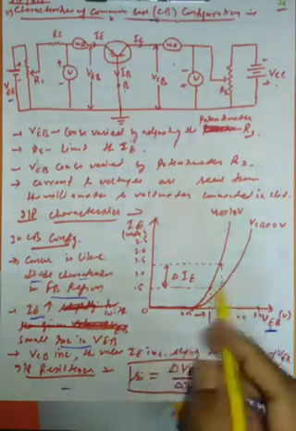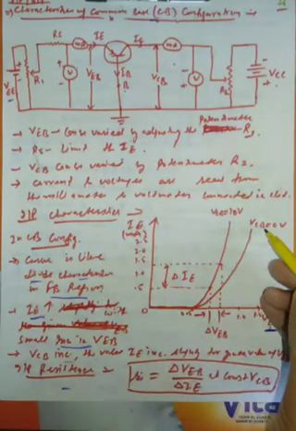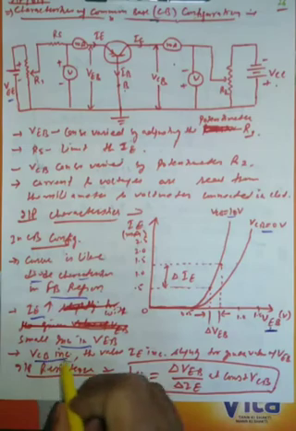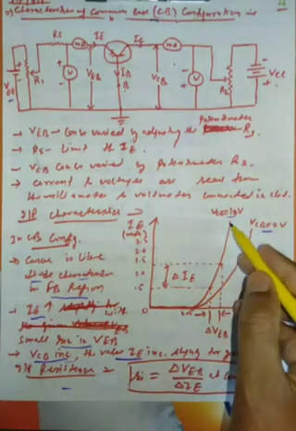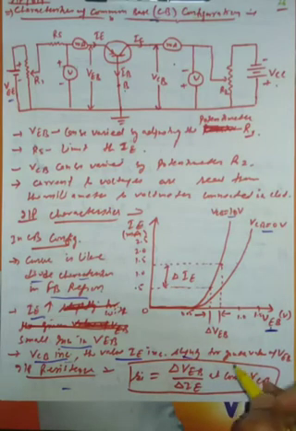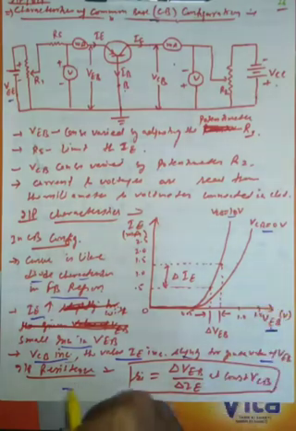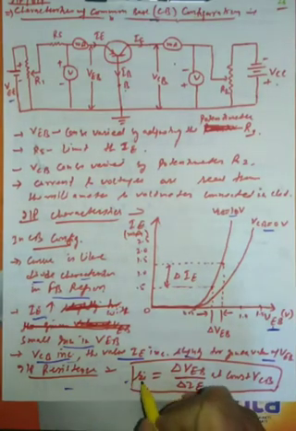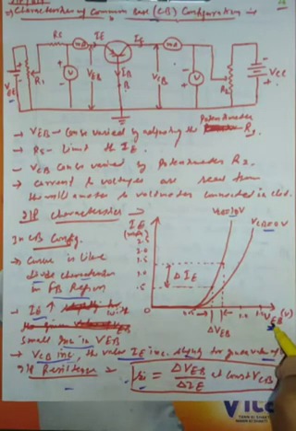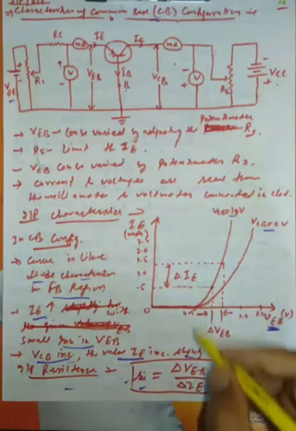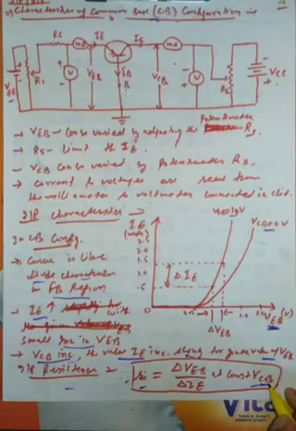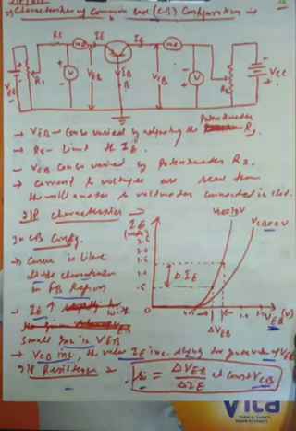So we can say that as we increase the VCB voltage, here it is for 0 volt and it is for 10 volt, the current also increases slightly. And the input resistance, RI, is voltage upon current, that is the change in emitter voltage divided by the change in the emitter current at a constant voltage across collector and base. This is the equation for the input resistance.